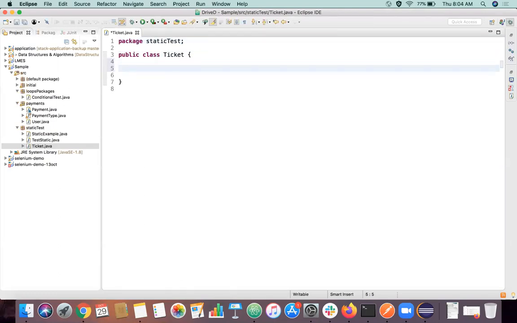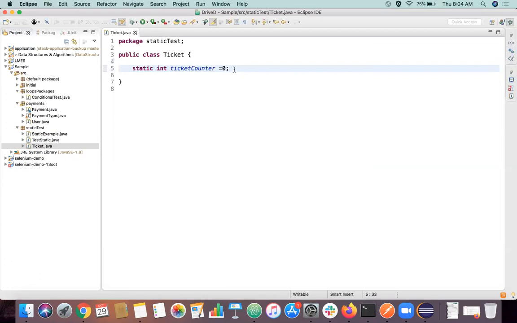What I'm going to do, I'm just going to declare one variable as static here. Just going to declare this ticket counter as static here.